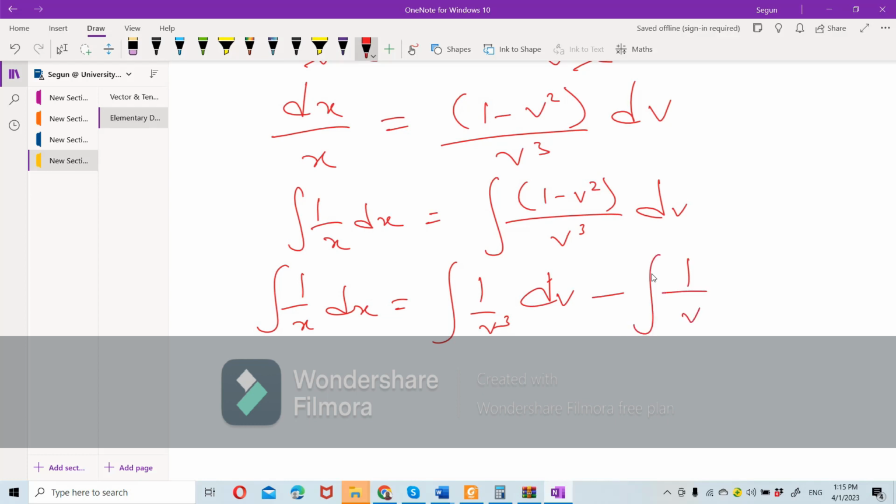Because this one we already cancelled through, it will remain 1. So here we have ln x equals to,